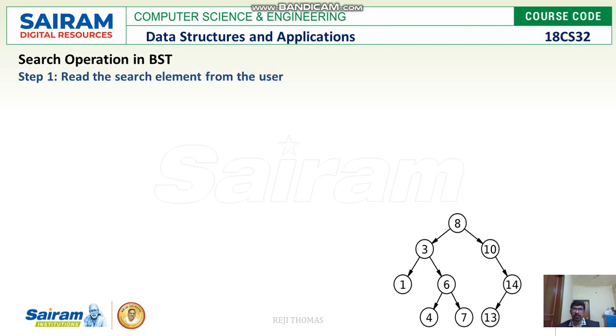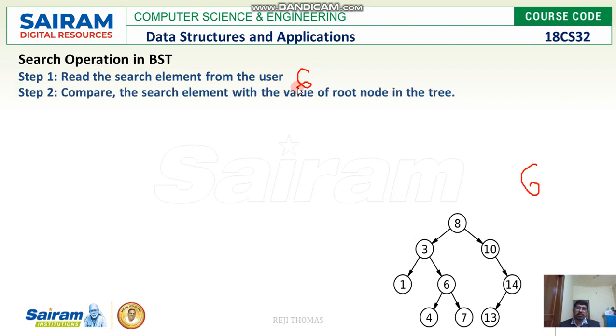So you have to think that you have to search for an element. Let us take it as 6. So read the search element from the user. I'll give it as 6. Next, you have to compare the search element with its root value. What is the root value? Root value is 8.